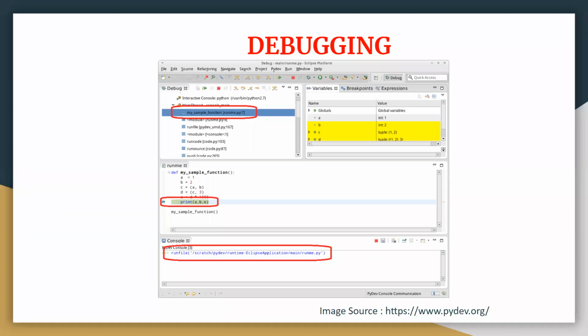At any point of time, due to any initialization or external dependencies, errors or bugs arise, and because of that your software application stops working. So it is always suggested that you do the debugging once your software compilation is done, so that if there is any bug or error, you can rectify it at the initial stage only.